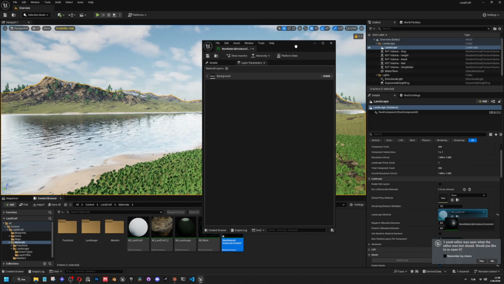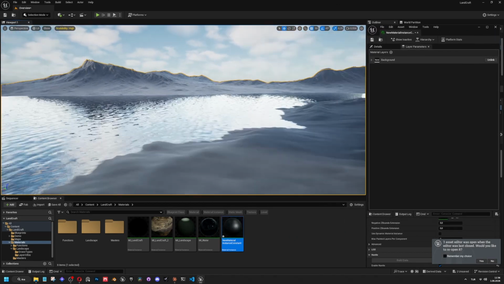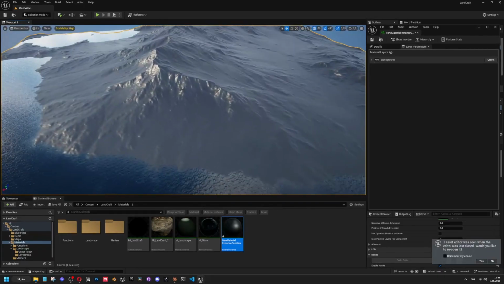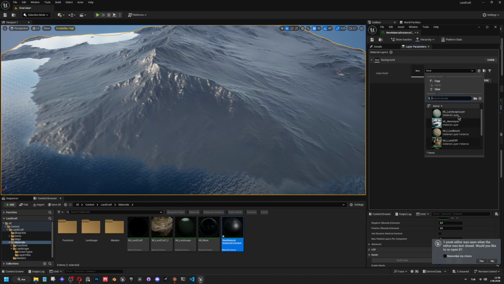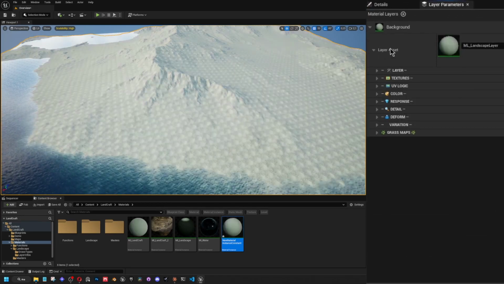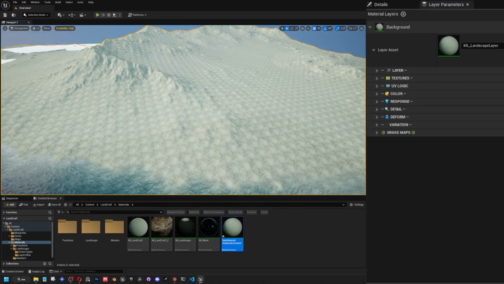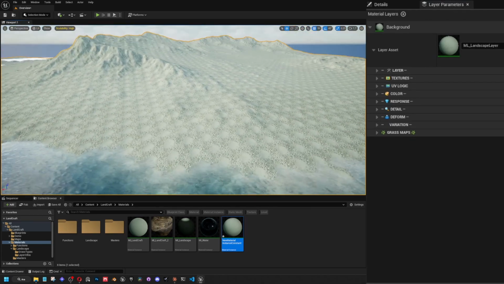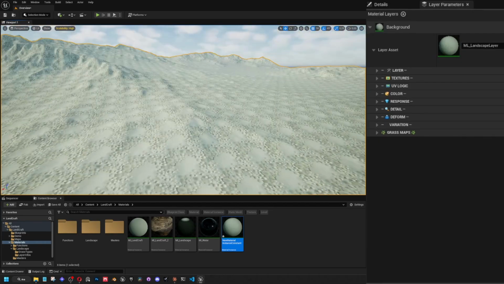So first, let's assign our material to the landscape. Let's get rid of everything. All right. So we have the blank landscape now. And let's see, in the background, you have the layer asset slot. So you will just assign a landscape layer here. And you will see all these parameters that make up a material. We are just going to use it as a layer, and we will use multiple layers here. So this is the default